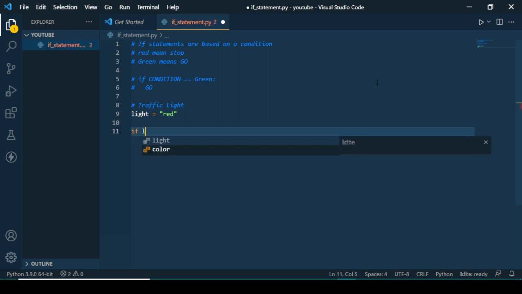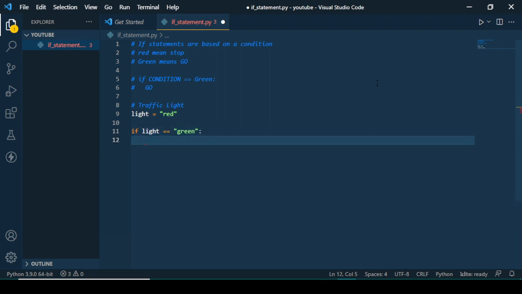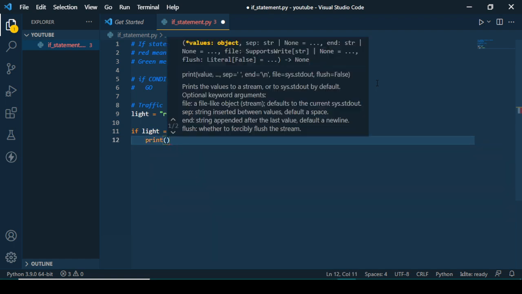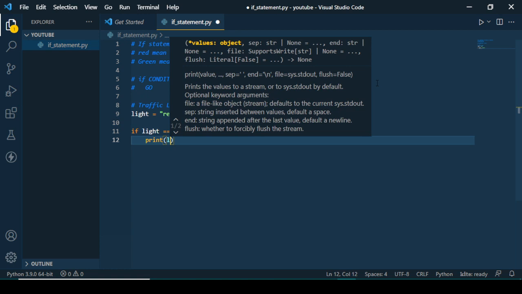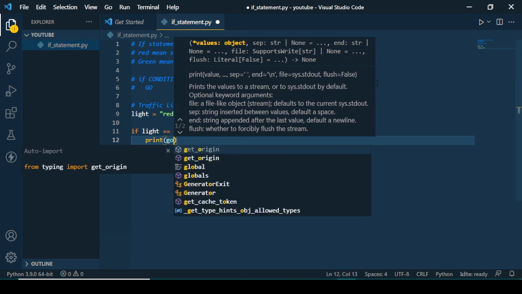We say if light is equal to, remember we're using conditions and we don't just use one equal sign in a condition, because one equal sign is used to create a new variable. But now we're not creating or assigning a variable. So we're going to say if light is equal to green,